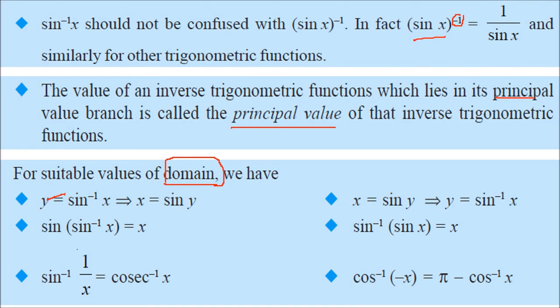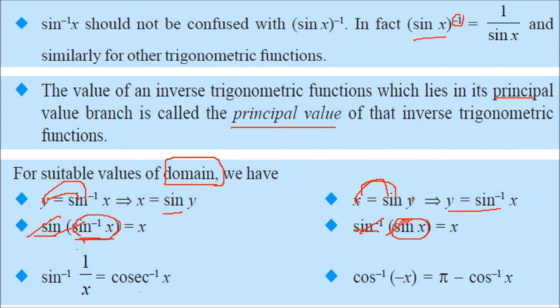So if y is equal to sine inverse x, you can write sine y equal to x. Similarly, if x is equal to sine y, you can write sine inverse x is equal to y. Sine of sine inverse gets cancelled, and sine inverse of sine also gets cancelled. But you have to understand that this is sine theta, so the range and domain will be those of sine theta. And here the domain and range will be those of sine inverse theta.